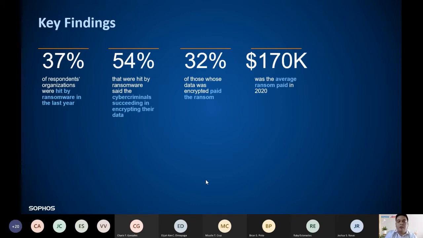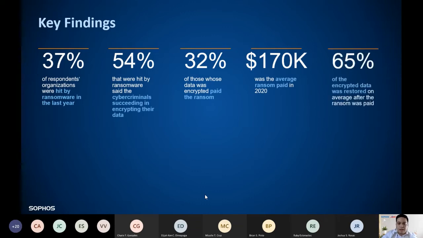So that's about 10M. But in our country, it is an average of about 40 million PHP already. And this is the reason why we don't pay a ransom. That is not a good first option. 65% of the encrypted data was restored. So there's still remaining 25% of data, or sorry, 35% of data that is still being held at ransom by